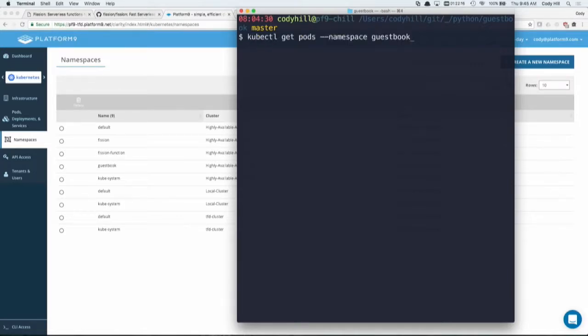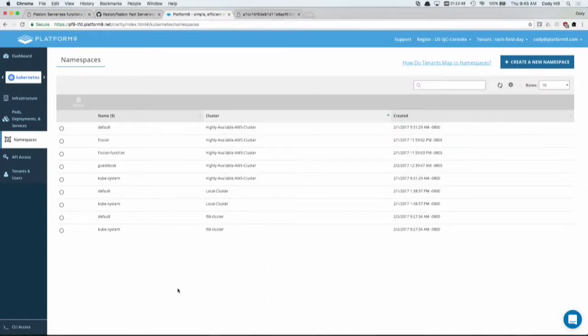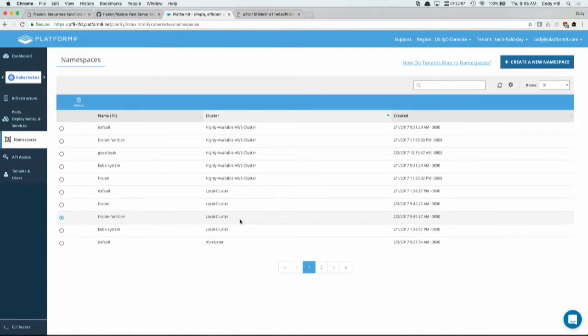And what we're going to do is we're going to go ahead and do a kubectl create, right? So the same commands that we've already been using, -f, and then we're going to pull this directly off the website. So fission.io/fission.yaml, right? Pretty simple, right? kubectl create command to the exact same cluster we've already done, and hey, all kinds of cool stuff gets created. Those namespaces will pop back in here, and you'll see that we have a Fission namespace pop in here in a minute. Okay, there it is. So there's our Fission namespace, our Fission function namespace.